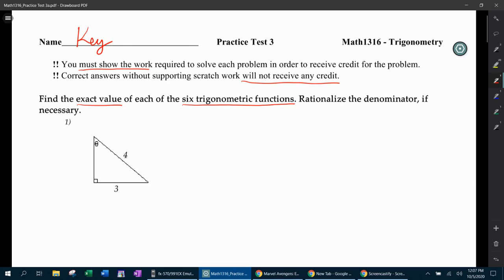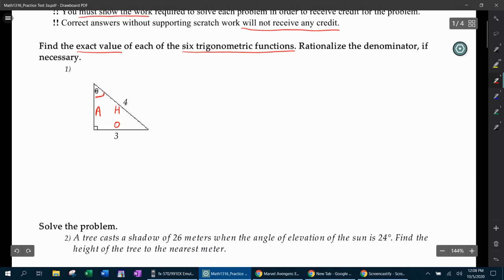So let's start by labeling opposite, adjacent, and hypotenuse. Of course, the side that is across from theta is always the opposite side. The side that is across from the 90-degree angle, that is always the hypotenuse. And the one left over must be the adjacent. So it would be a good idea to label those sides first,